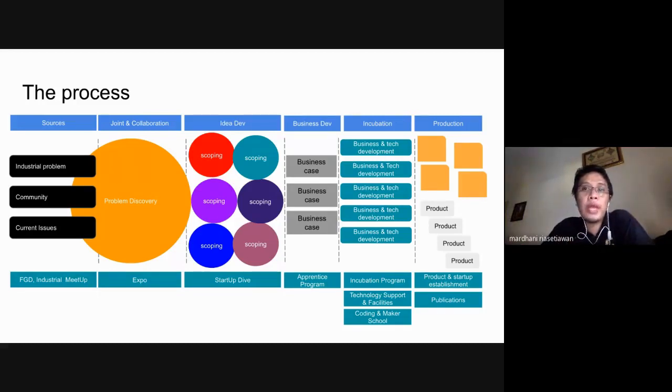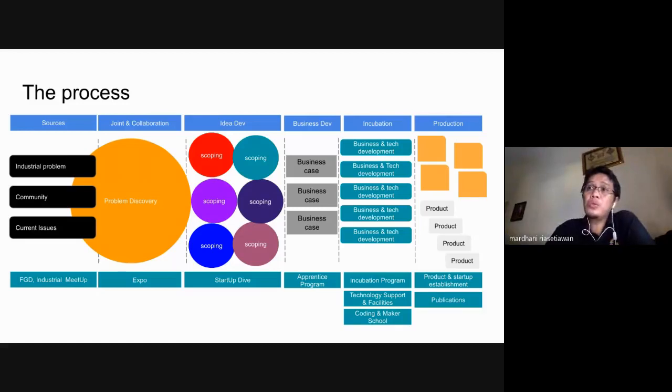So when you go to expo activities, for example in JAC, or maybe in a big room, a big building, you don't see the product, but you will find a lot of problems in industry, and what they do to solve them. So when we capture all the participants in the expo, you will find a lot of problems that exist in the industry.